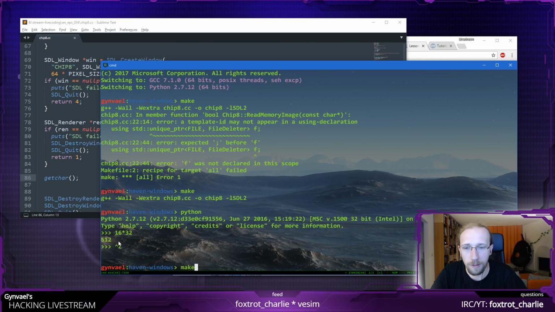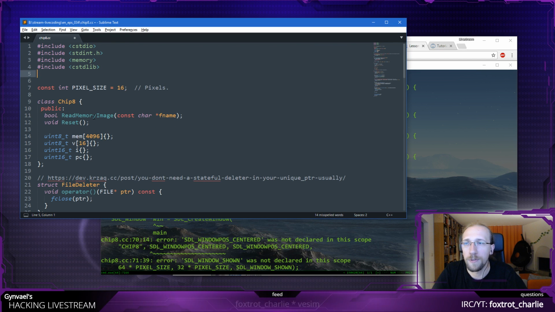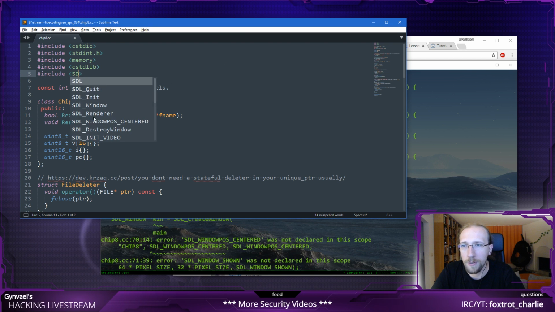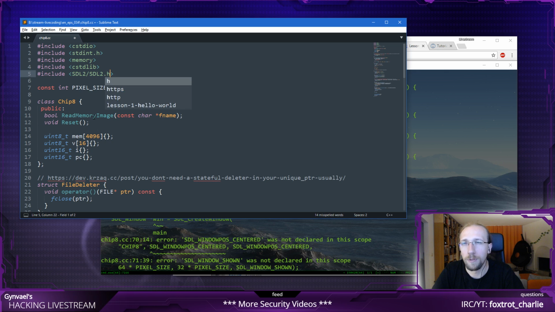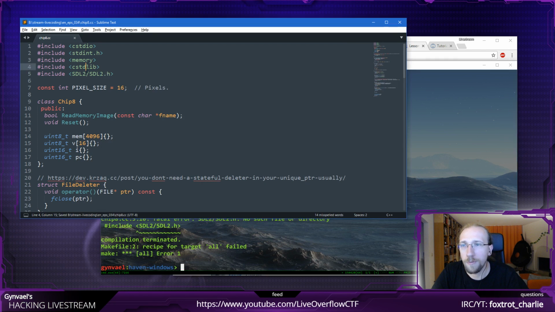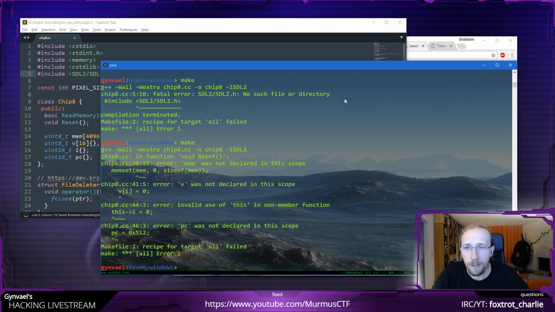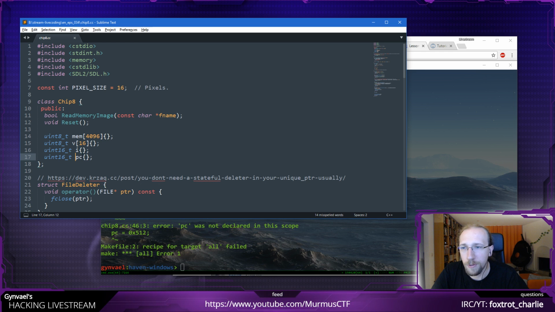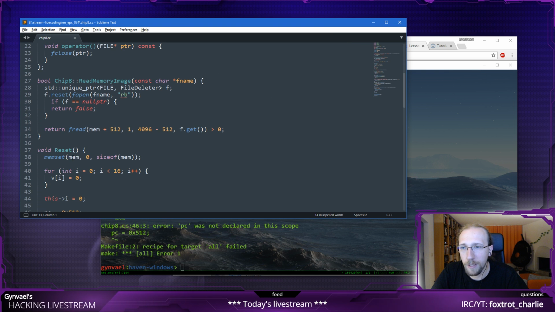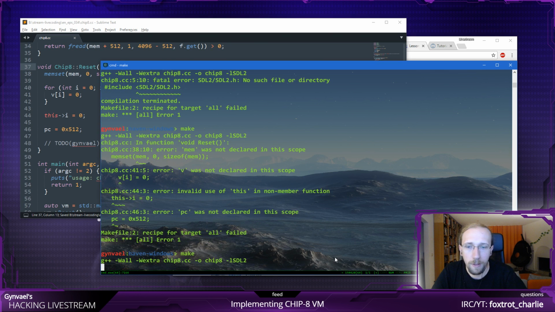Okay, running make again, it says errors, and correctly so, because I didn't include the header. So SDL2/SDL2.h, I think this is the correct header. Make, it says that it cannot find it, because it's not SDL2, it's just SDL. Perfect. Now it says mem was not declared. Mem was declared here, but I forgot to write CHIP-8 colon here, which is correct.